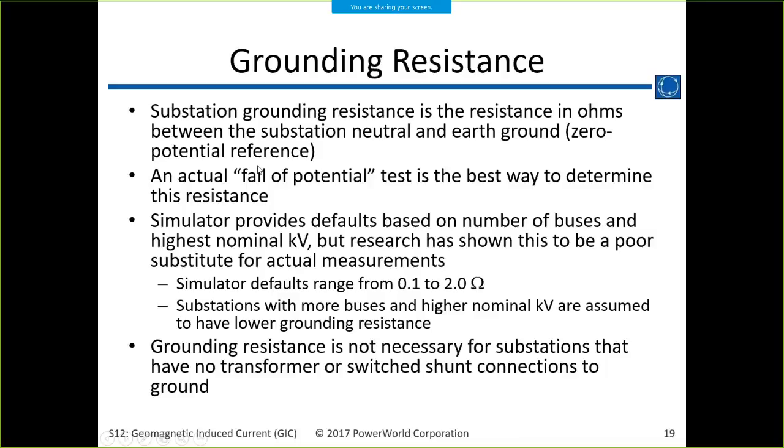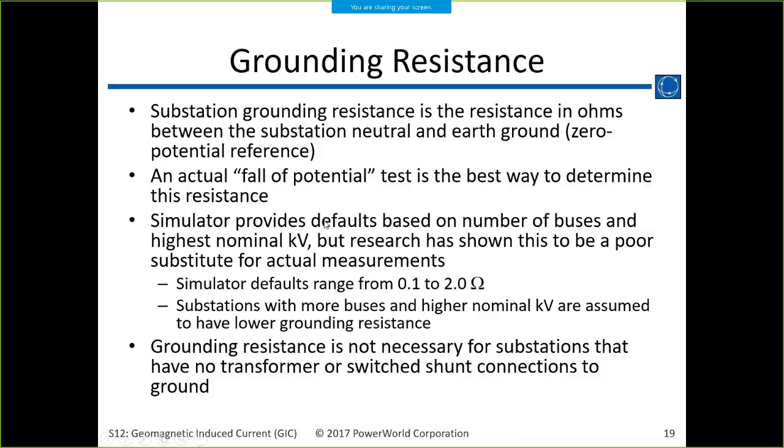The best way to do it is to use measured values. Because as Tom mentioned earlier, the real world is more complicated than just making one simple assumption. You may have situations where the grounding resistance might vary depending on the moisture, time of year, if there's more water. Yes? I was wondering if you've done any parameter sensitivity. Which ones are the most sensitive for the GIC currents? Is it the grounding resistance? Is it putting in the DC resistance of lines? Of all the different parameters that go into the simulator for these studies, which are the ones to really focus on because they make the largest difference to try to get right?